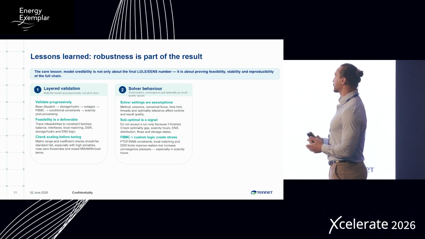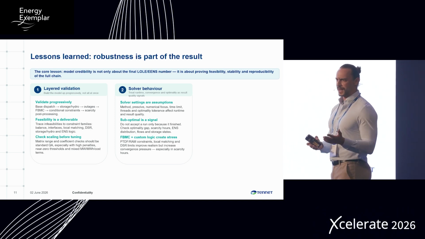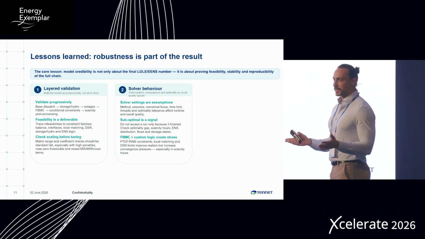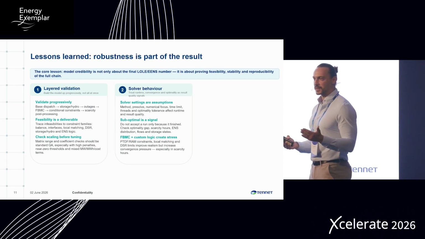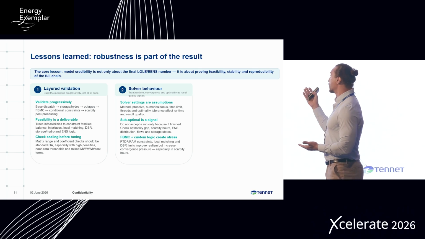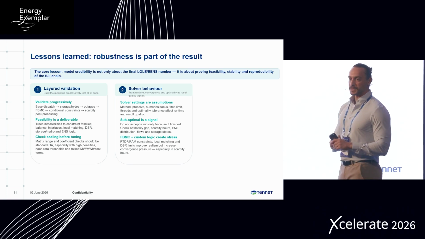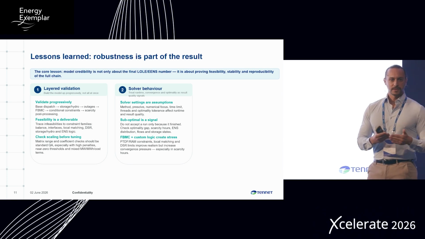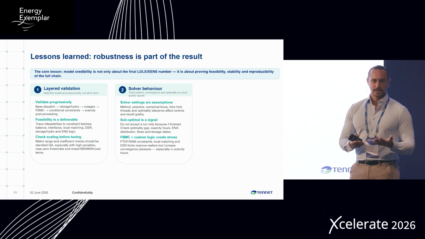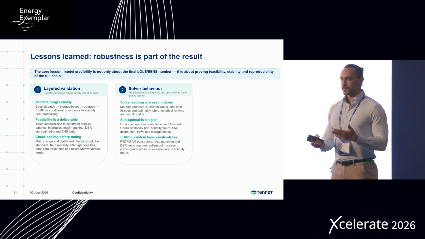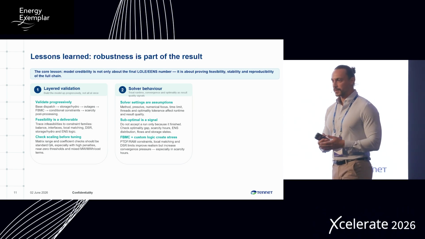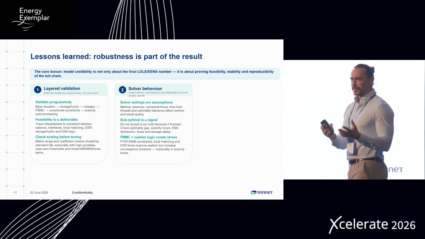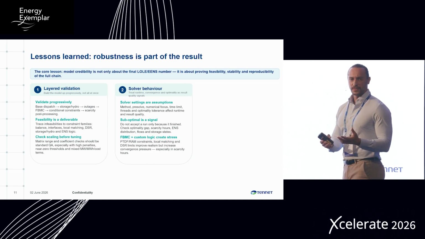Because sometimes PLEXOS tells you to increase the numerical focus, I think it ranges from 1 to 3, but if you put it at 3, the runtime can increase by 60% or 70%, then it isn't worth it. But you also need to look at your optimality tolerance, because sometimes if the optimality tolerance is very tight, the model struggles to find the solution. Of course, it depends on whether you are using simplex or dual simplex or another method, but you need to look all the time at optimality tolerance and try to play around with different values